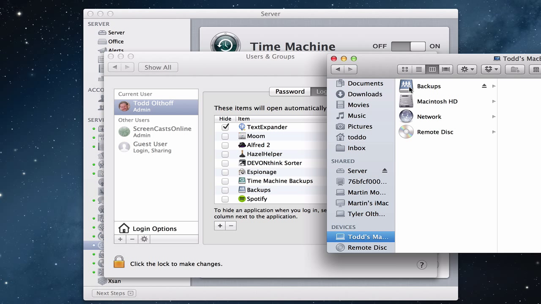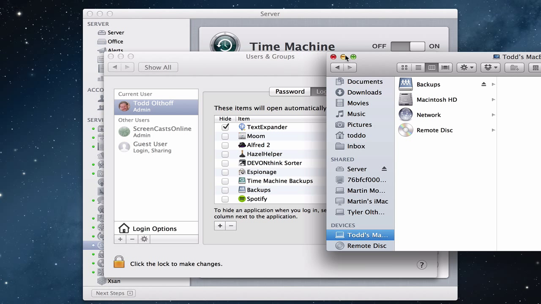And then that way your Time Machine backups will run just like they normally would if you were in your home network. And they'll pause when you shut your laptop or when you leave and go to the next network and that sort of thing, just like normally happens with Time Machine. Now, let's see what it looks like over here. So let me just